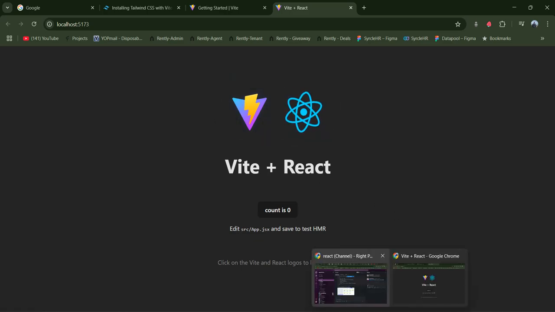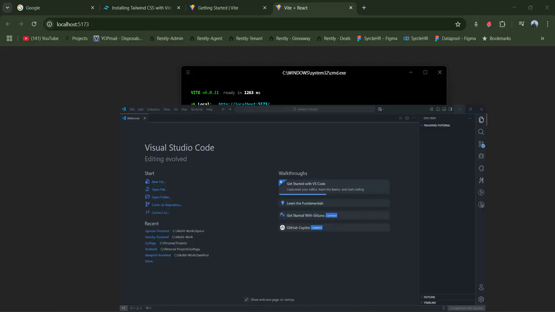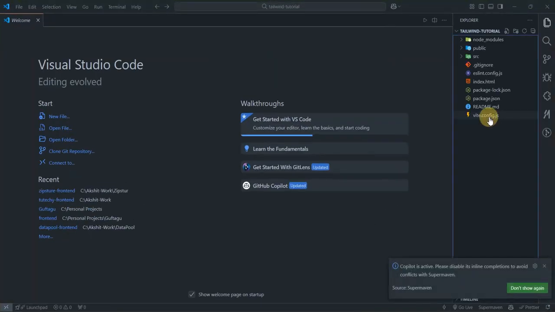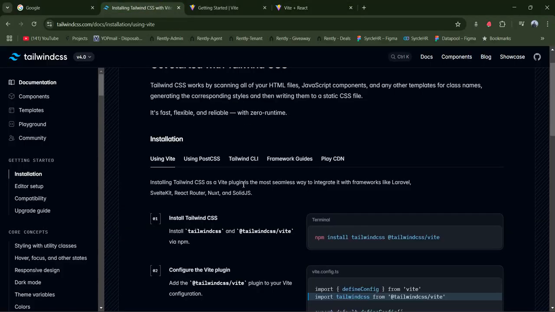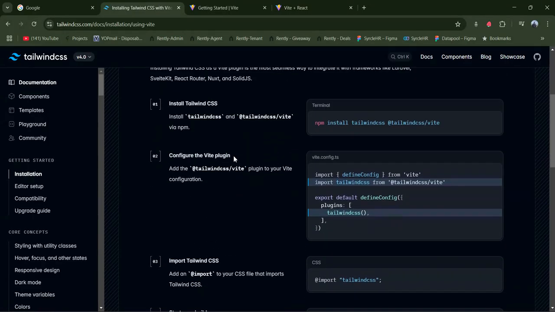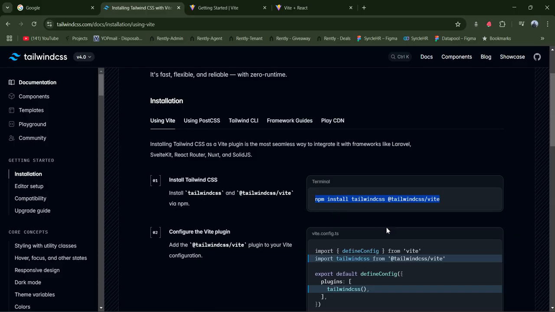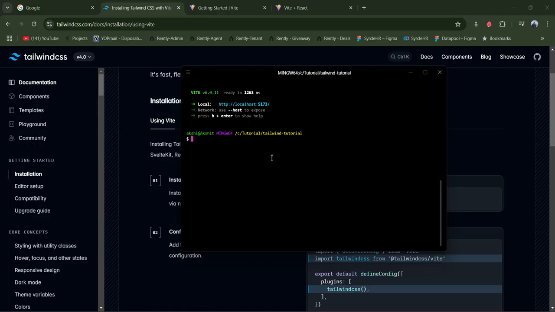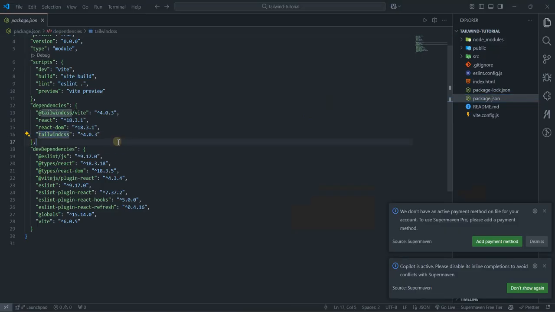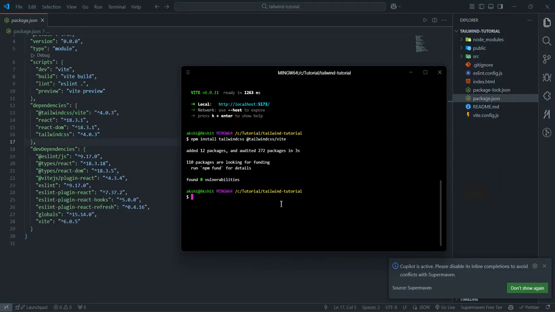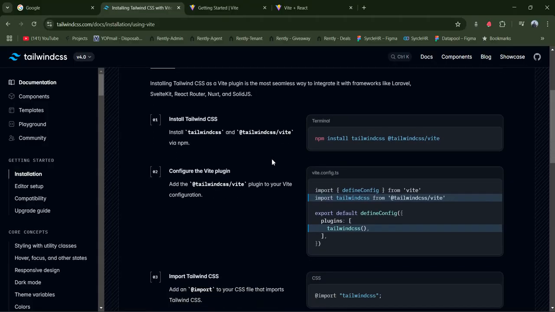And now we will be setting up Tailwind. So let's go to the folder structure, and you can see vite.config.js is there. So let's follow the steps to install Tailwind CSS into our project. Let's copy this command, which is given in the first step, install Tailwind CSS. This will install Tailwind CSS into our project, and let's confirm by going into package.json. You can see Tailwind CSS there. So it's done. Tailwind CSS has been installed in our project, but we are yet to follow the other